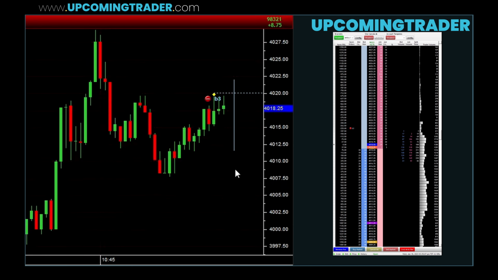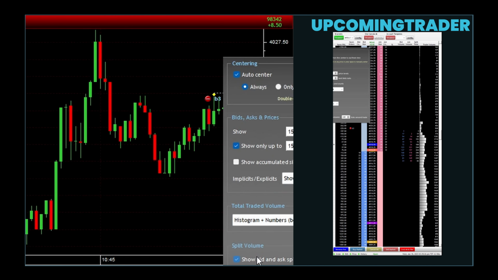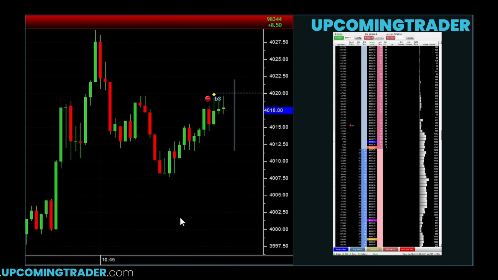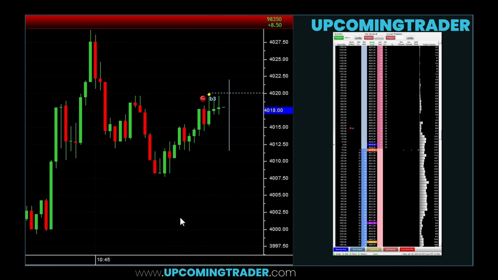Additionally, you might notice elongated patterns that lack clear balance areas. These typically indicate strong trending days where the market continues to move in one direction without much consolidation. These elongated patterns are often accompanied by single prints, which show areas where price moved so quickly that there was little to no overlap of letters. These single print areas can become important levels of interest if price retraces, as they often represent gaps in market